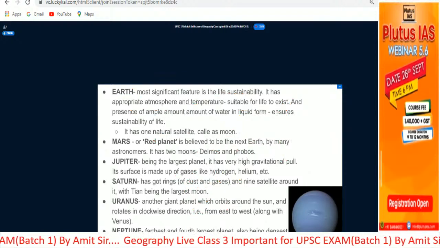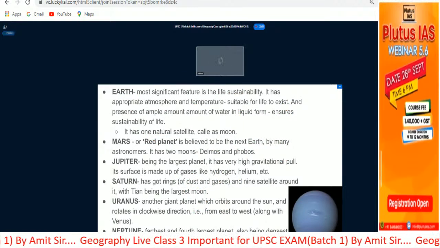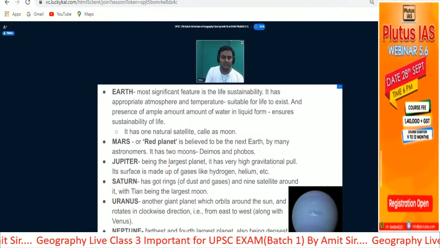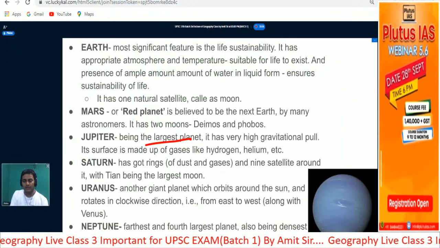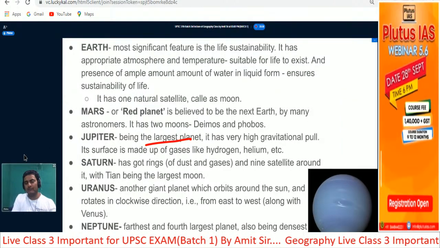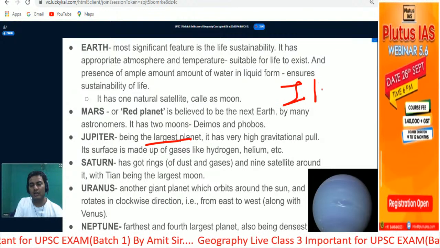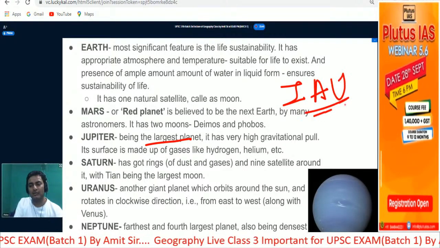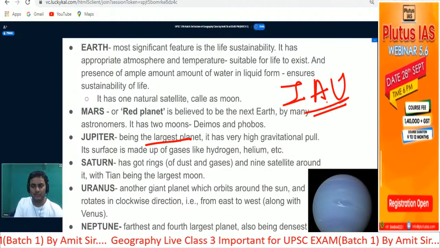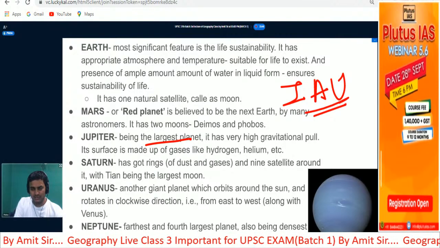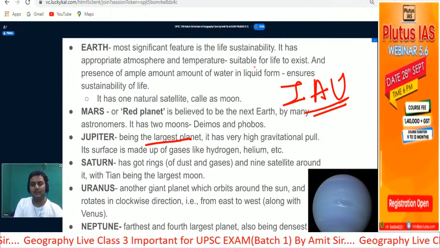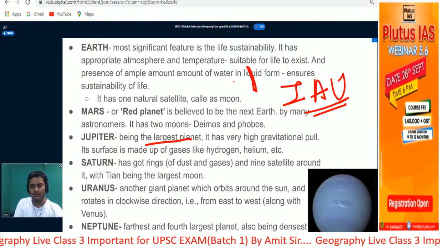Then coming to the next one, which is Jupiter. Jupiter is the largest planet of our solar system. After Mars, actually, the definition of planet has been decided by the International Astronomical Union. They decide this definition, and as per them, up to Mars, the